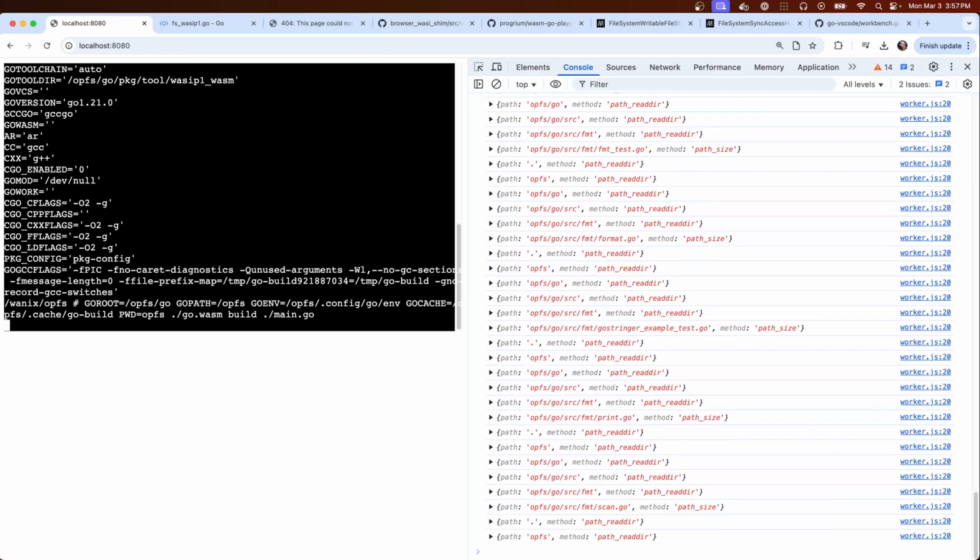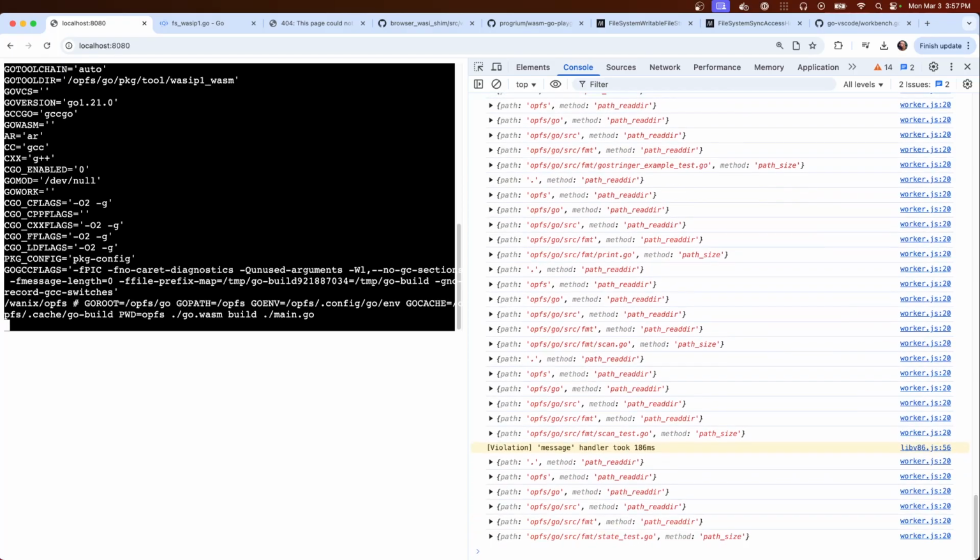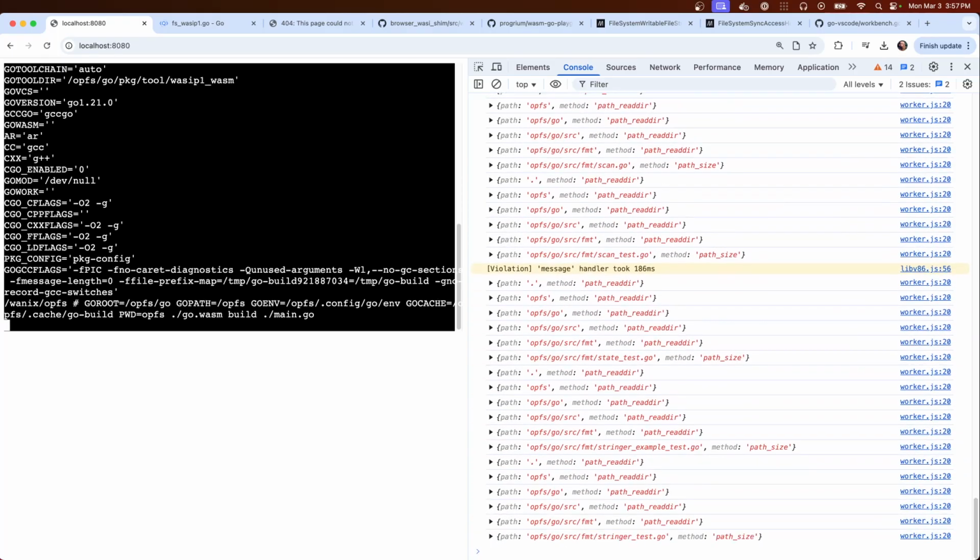Keep checking that directory. Oh, I guess it's doing a readdir for every parent and then it's reading a different file.